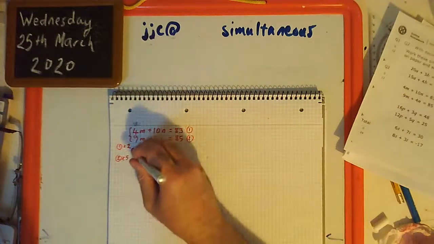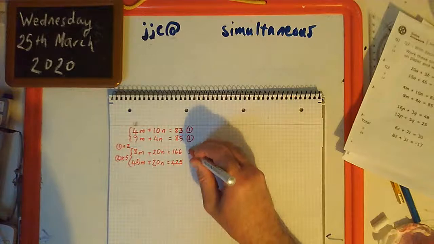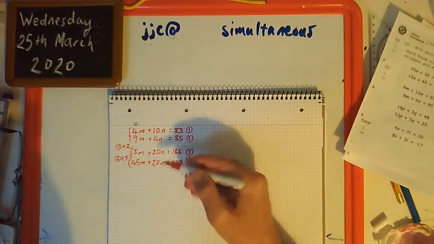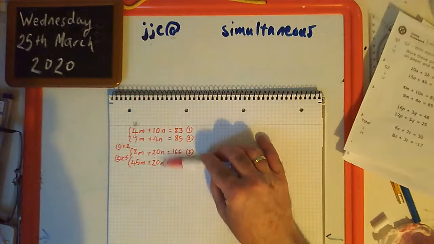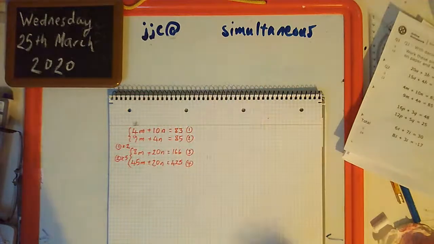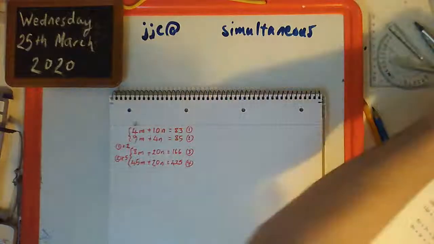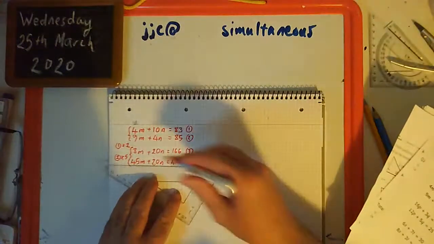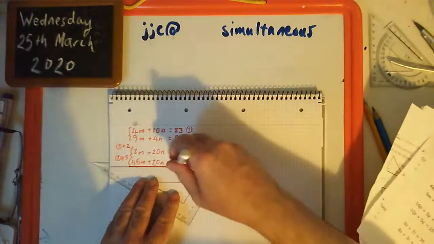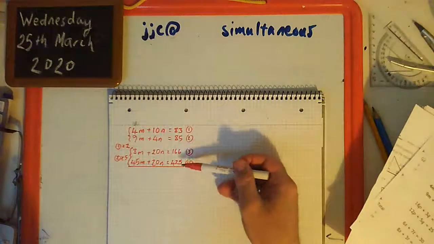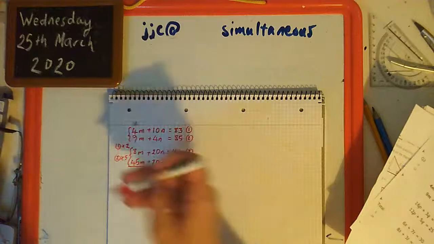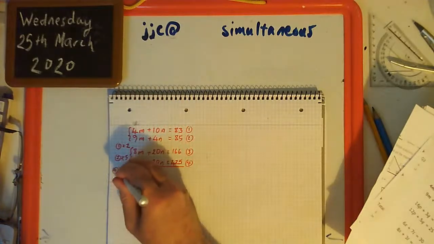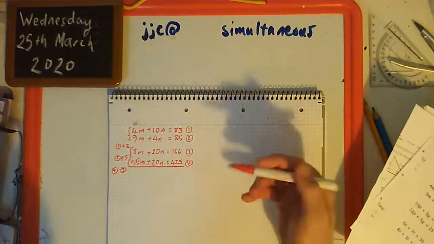Okay, so that gives us another pair of equations, which I'm going to call 3 and 4. And because we multiplied up the way we did, we've made the ends the same in both. Now that we've got the same ends in both, we can subtract one whole equation from the other. I'm going to do bottom minus top in this case, just because I've got bigger numbers on the bottom. So I'm doing equation 4 minus equation 3.